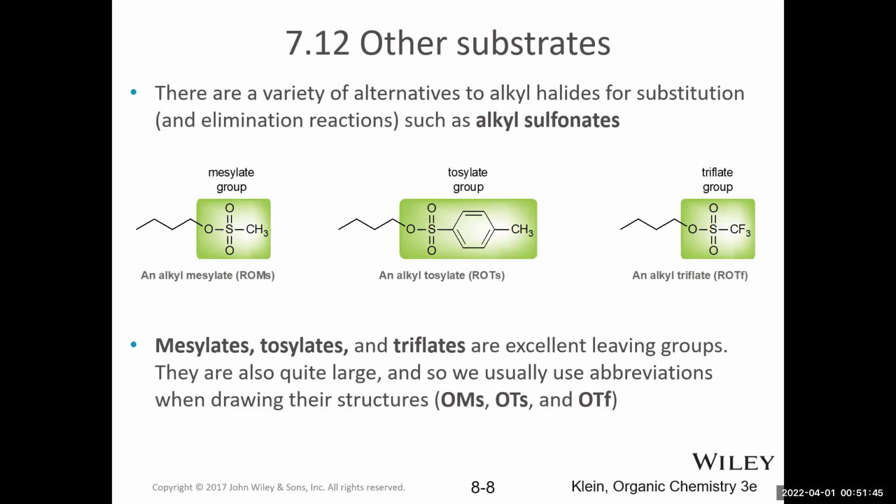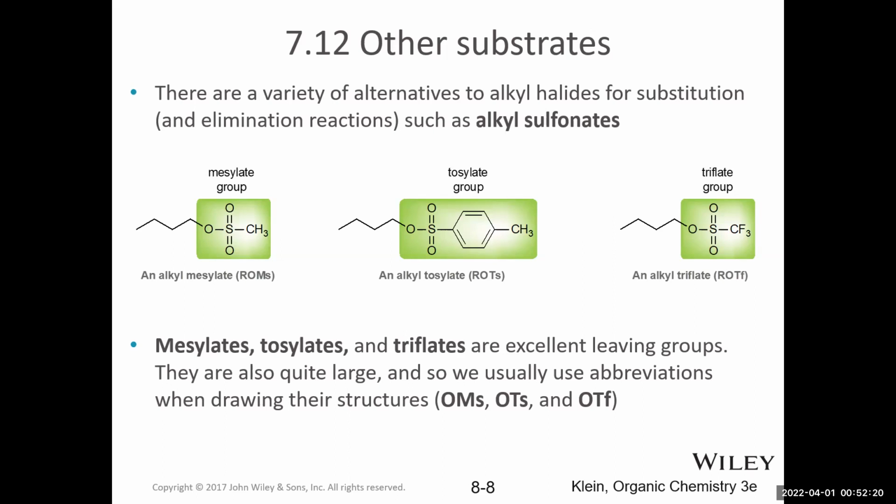You can see here 3 different sulfonate-based groups. The difference is sort of in the R group attached to the sulfur. These are actually all great substrates for SN2 reactions, because all of these are excellent leaving groups, just like halide ions are. So you can think of bromide. Remember, we've talked about that as being a good leaving group. And these are like, think of them as bromide alternatives.